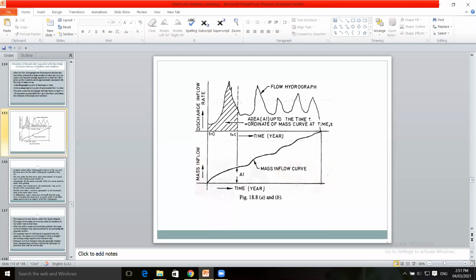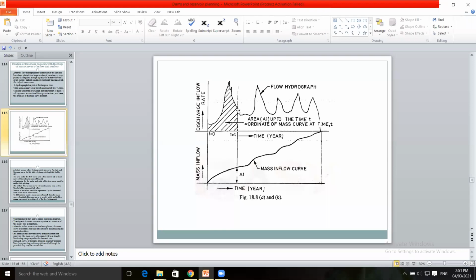That is shown in this image. A1 is the area up to the time t. The time t, suppose we take 10 years. That is shown by this hatch portion. Up to 10 years, the water which is stored, the coordinate of the mass curve at time t, that will indicate